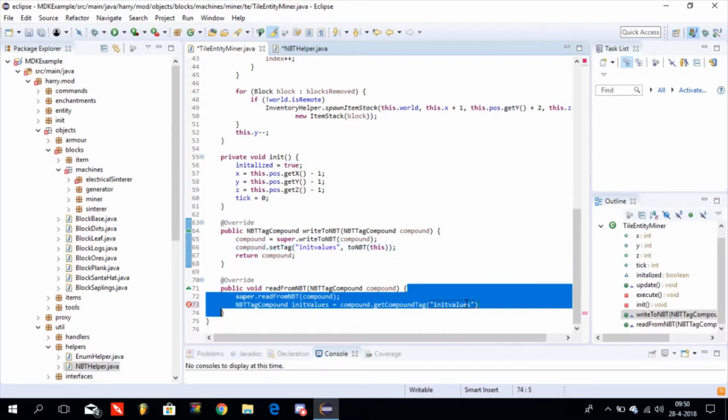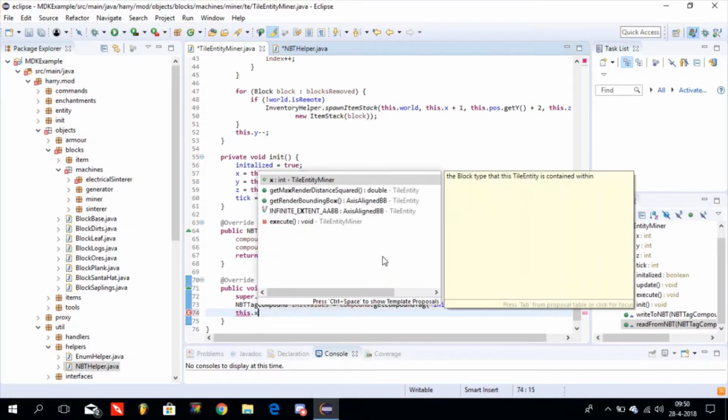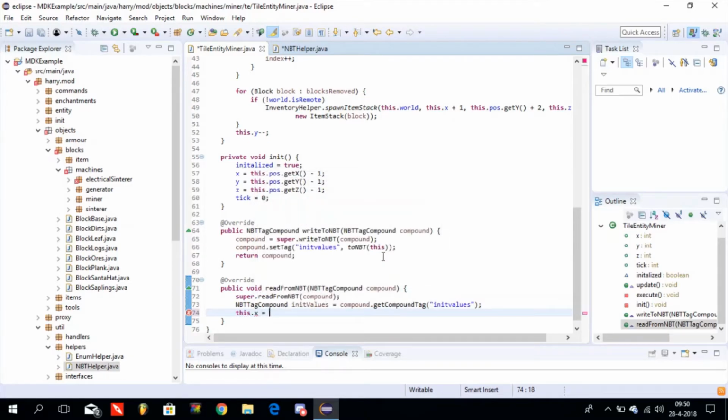We're going to check if it's right, because if it isn't, we don't get the right value. And now the only thing we need to do is this.x equals